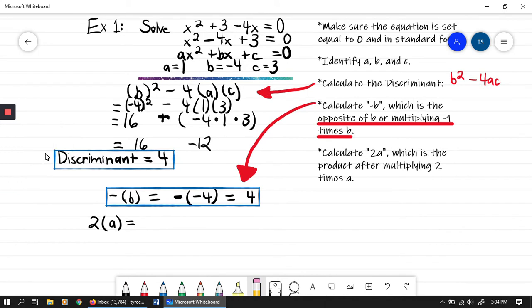So when we're calculating 2a, again, we're multiplying 2 times a. So here we are multiplying 2 times 1. Alright, and that is 2. So now that we've got these 3 parts,